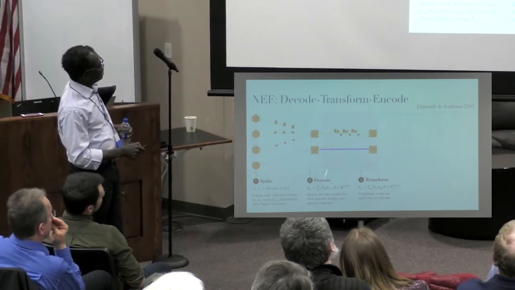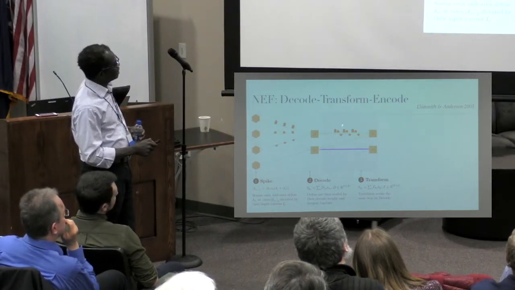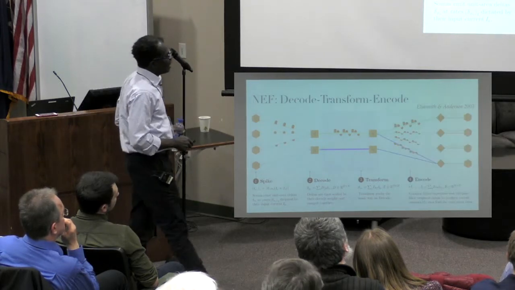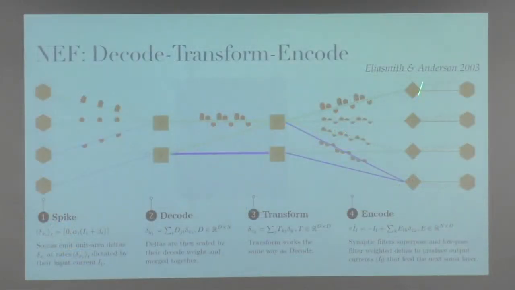And you can do it again to apply a transform, any matrix linear transformation from this decoded quantity to another decoded quantity. And then you encode. You give each of these neurons some preferred direction in this 2-dimensional space. So this guy likes a lot of this, none of that. This guy likes about equal amounts of this and that. That will correspond to this direction in 2-dimensional space versus that direction or that direction. And so whatever dimensionality your problem is, you assign your encoders there.